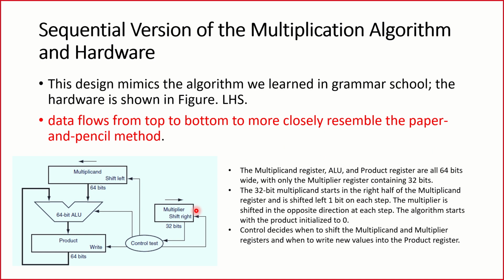We have the numbers available and I'm going to shift left on each step. Once it reaches the dead end, the multiplication process is over and I have the sum available. Add it up and get it as the result. That's it. This is exactly what we are going to do, and there is a control register which will decide when to shift and when to update the product register. What is the product register? Very simple. I have the values available there. I'll keep adding. The moment I get more and more values and finally the last-level value, I'll sum it up and put it as the product in the product register.